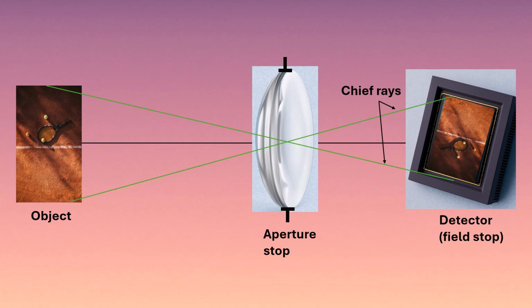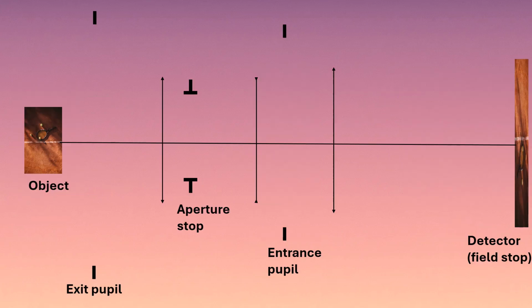So far, we've looked at simple systems with a single lens. But how does this work when there are multiple lenses? When defining the aperture in a more complex system, we use the marginal ray. The marginal ray passes through the edges of the entrance pupil, the edges of the aperture stop, and finally the edges of the exit pupil, thereby defining the amount of light in each space.